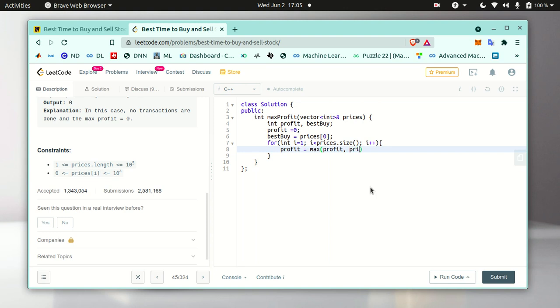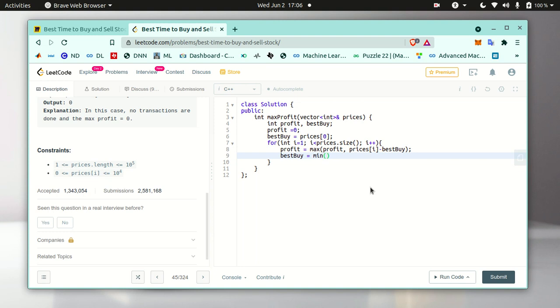So I am going to sell at this current price, so we are gaining profit, minus what we lost, the previous best buy, right? And best buy is also going to be updated, but this time we have to use minimum of